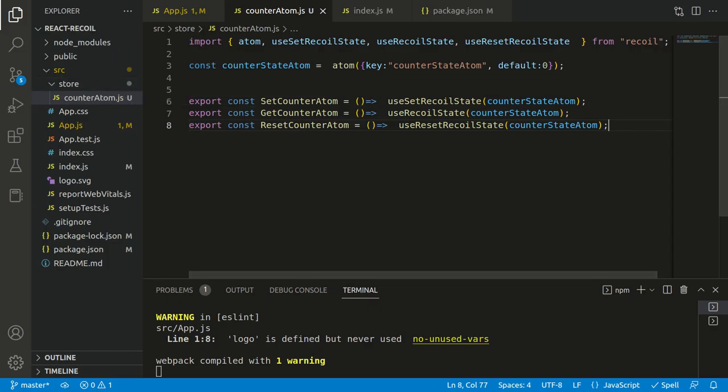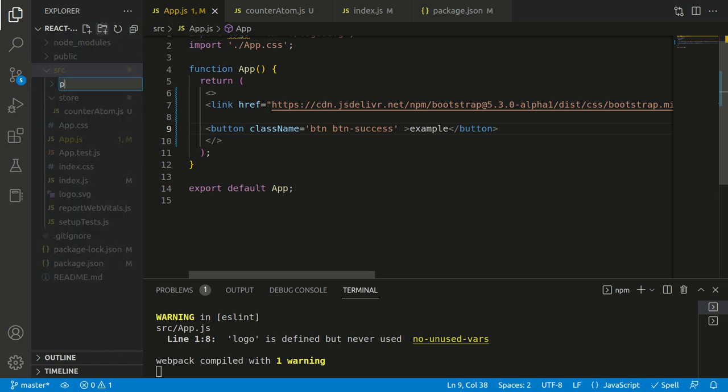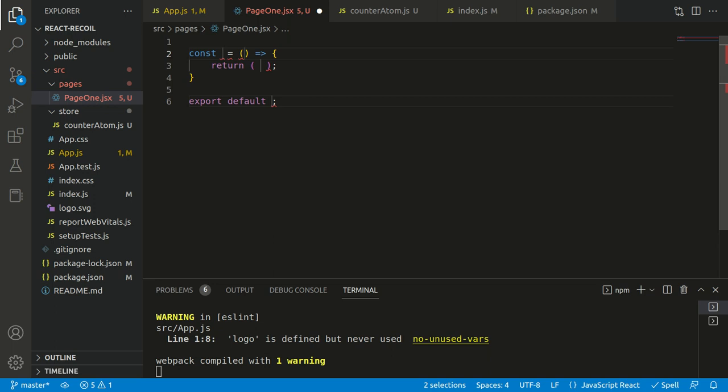All right, so we need to create a page. So for my src, I'm going to create a folder called pages. In the pages, I'm going to create a file called page1.jsx. Okay, so in my page1, I want to create a functional component, and I will call this page1. So what my page1 is doing is